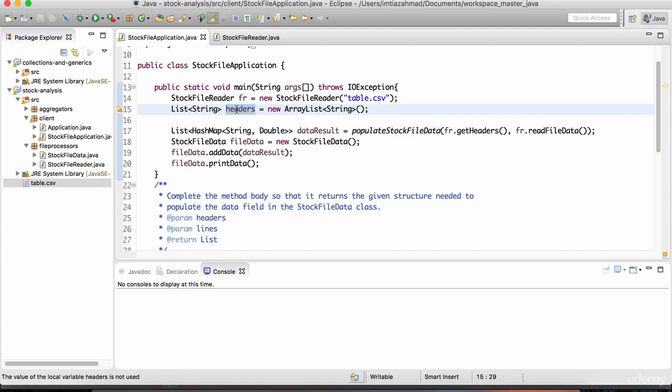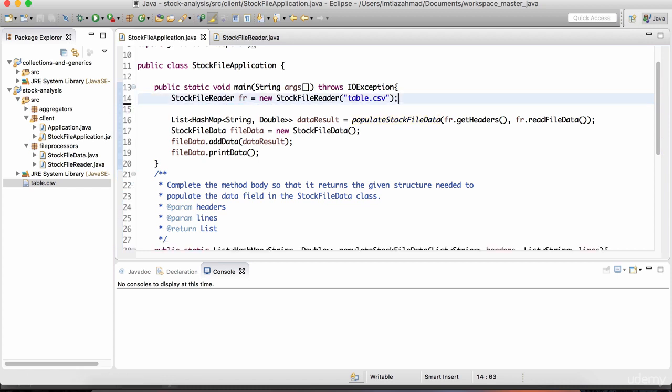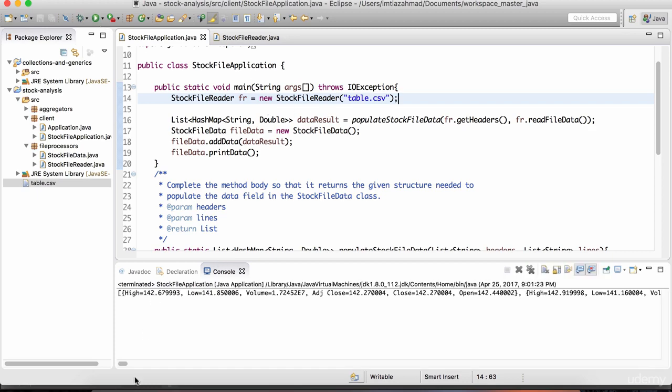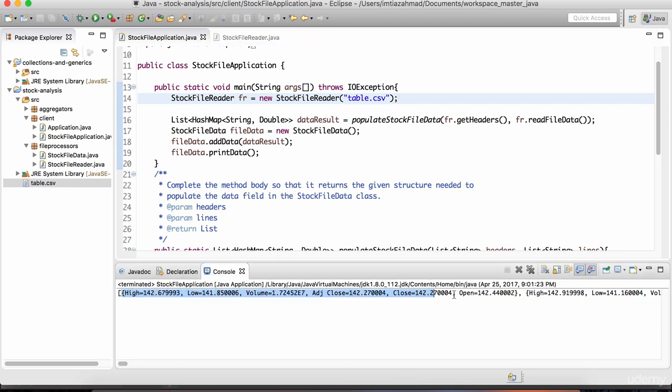This variable up here, I just sort of left it part of the code. We can just remove it. Okay, we don't need that. And now let's hit play. And boom, notice that we are getting the expected data. Now it prints it all in one line, but the screenshot that I showed you earlier had each one of these hash maps on separate lines, and that was just to present to you a more reader-friendly example, but this is working